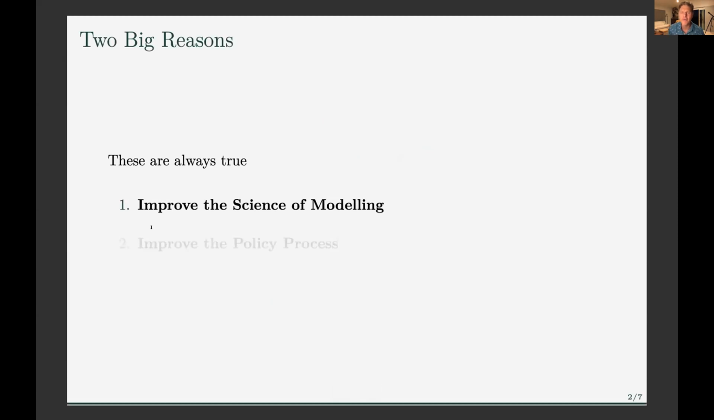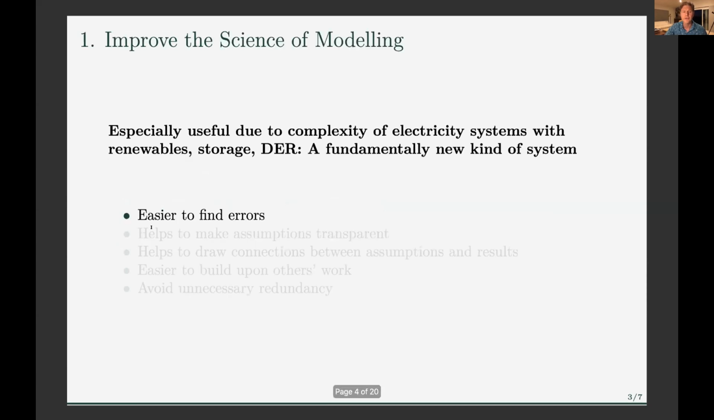The two overarching reasons, and I think other people have said this, are to improve the science of modeling, which is really necessary right now because it's a brand new kind of system, and to improve the policy process. But I think these are particularly important in the electricity sector, much more so than other parts of the economy that we might be interested in for decarbonization or any other policy analysis. So I'm going to try to touch on that. First,